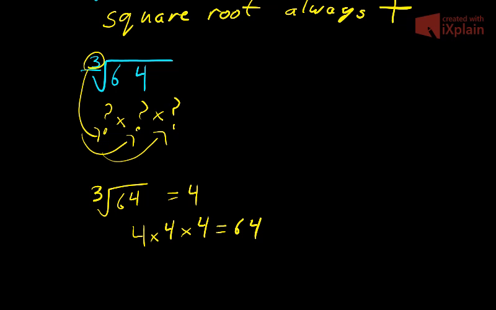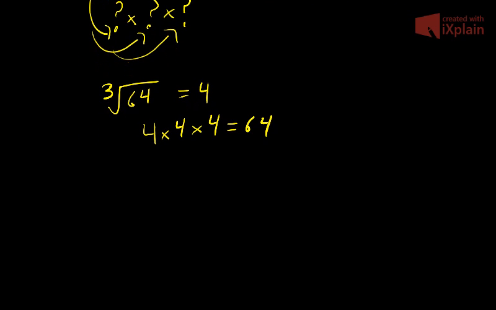A different way of looking at this would be to look at the cube root of 64, and then we can write 64 as 4 cubed. So if we have the cube root of 4 cubed, the cube root cancels out with the cube on the inside, so the cube root of 4 cubed would just be 4. Because the cube root is the opposite of cubing something, that means if we do the cube root of a cube, they cancel each other out,